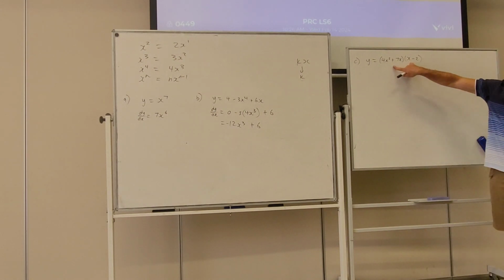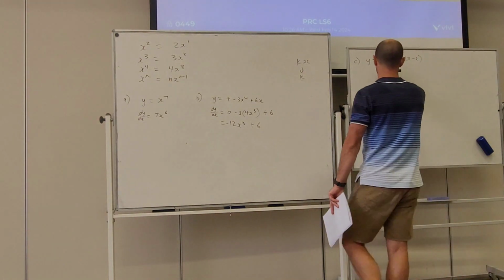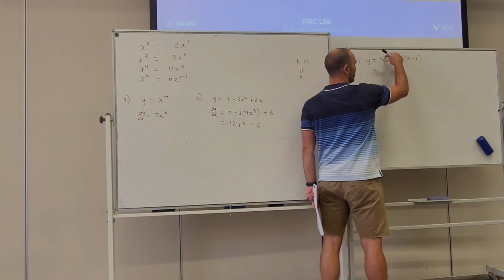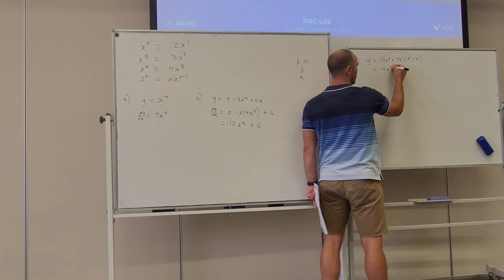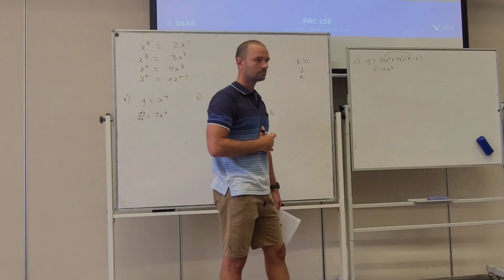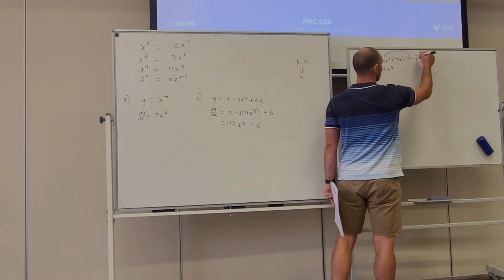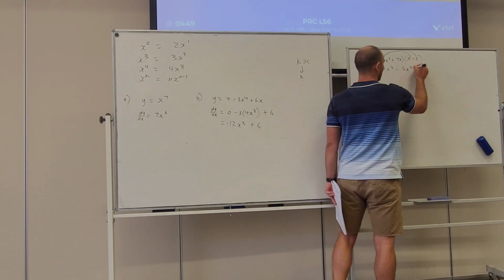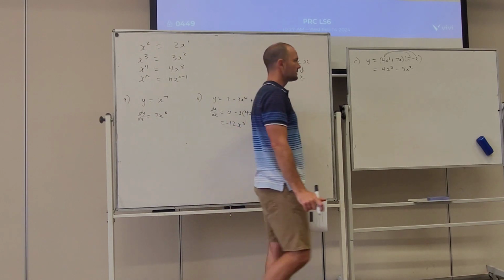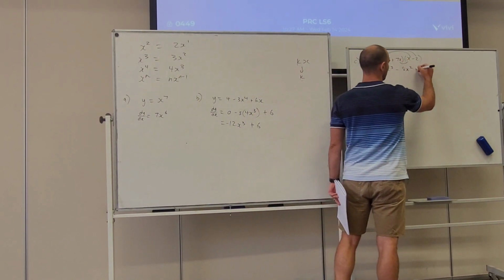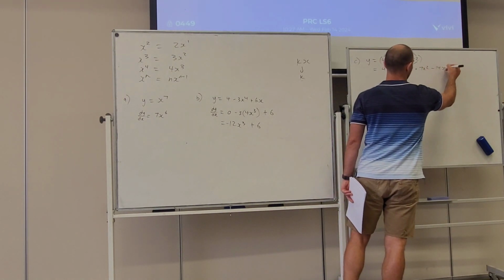In order to expand this, we're just going to use FOIL. I'll do this slowly. We have 4x squared times x. The first terms will be 4x to the power of 3. The outside terms: 4x squared times minus 2 will be minus 8x squared. The inside terms: 7x times x will be plus 7x squared. And then the last terms, 7x times